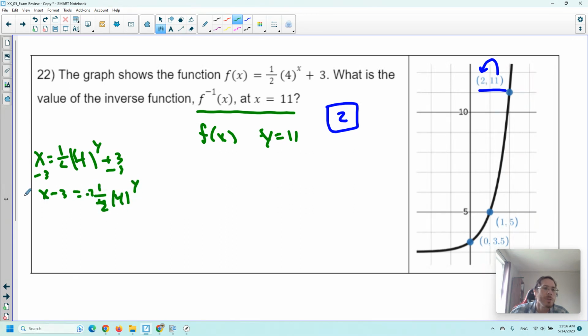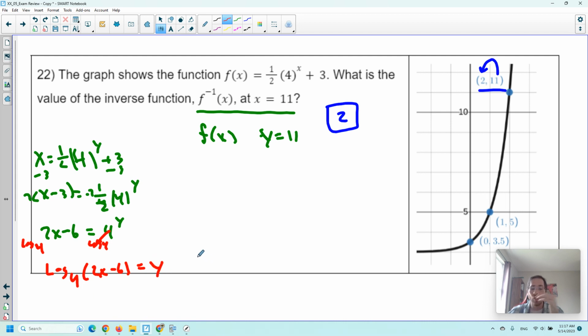Multiply both sides by 2. So we get 2x minus 6 equals 4 to the y. Then we can do log base 4 of both sides to cancel out the 4. So we could find that log base 4 of 2x minus 6 is equal to y, or equal to f